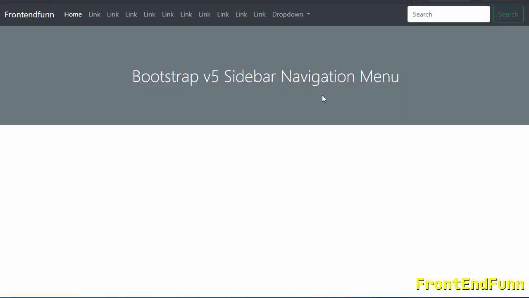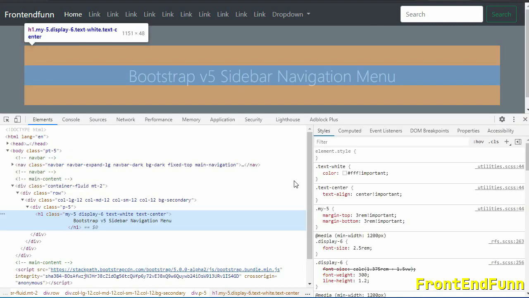In this video we'll be creating sidebar navigation for Bootstrap version 5. Okay, so let me show you the final result. So this is a regular navigation, but when I switch to the mobile screens,